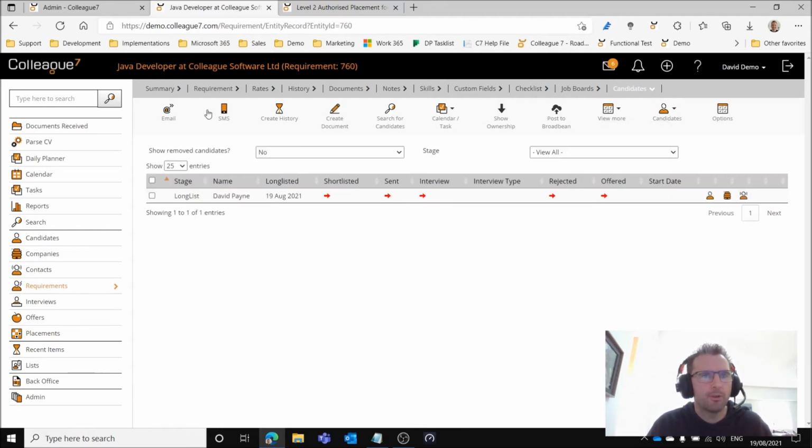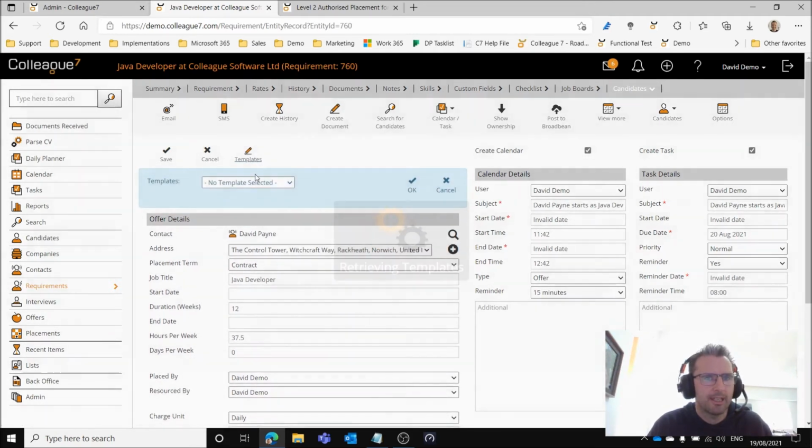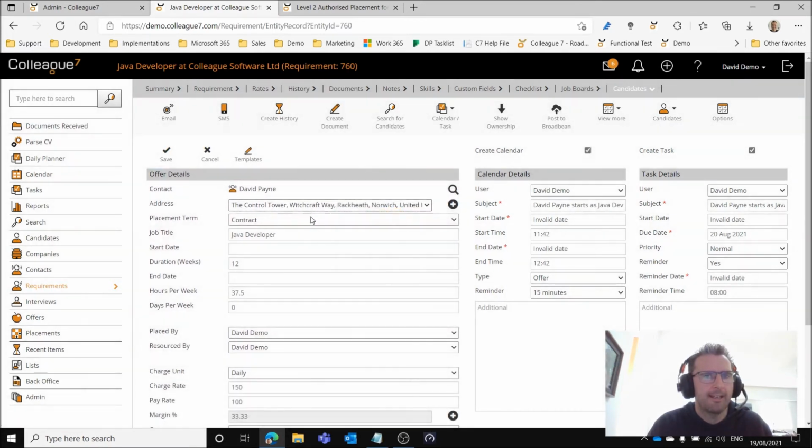if I move to the candidates tab of this requirement, we go to offer, and then as part of the offer form, there is now this templates option introduced, and on selecting templates, we can select that Java developer placement template that's been created. I hit OK there, and that's now applied in the background the associated template rules, including the rates and the